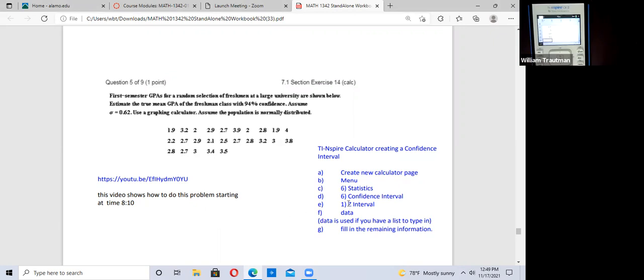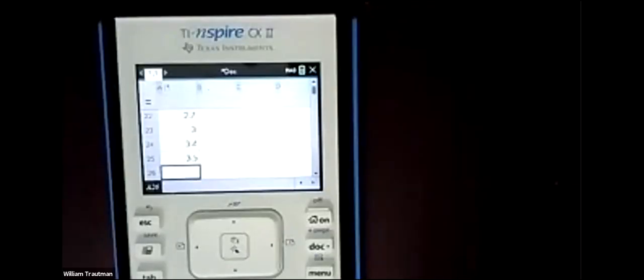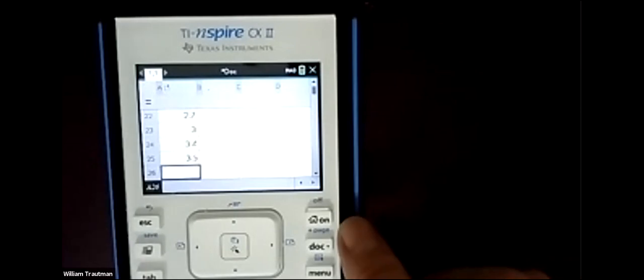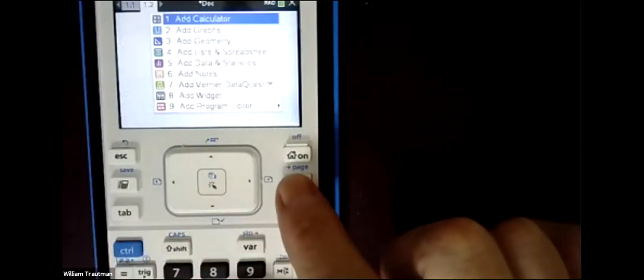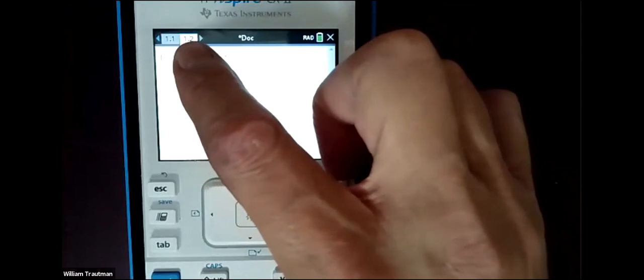Now I need to go to 661. So I'm going to show my calculator. Once again, I typed in all my data there. I need to go to a calculator page now. So I need to create a new page, document, and add a calculator page. And there you see the 1.1 was my data, 1.2 is a calculator page, and we're going to go to